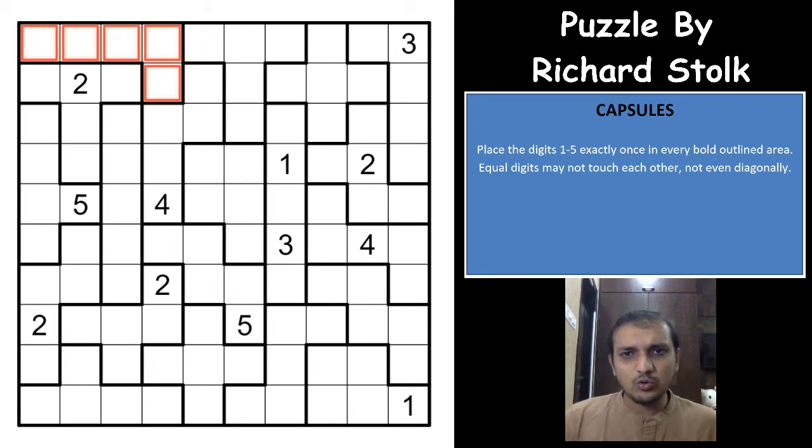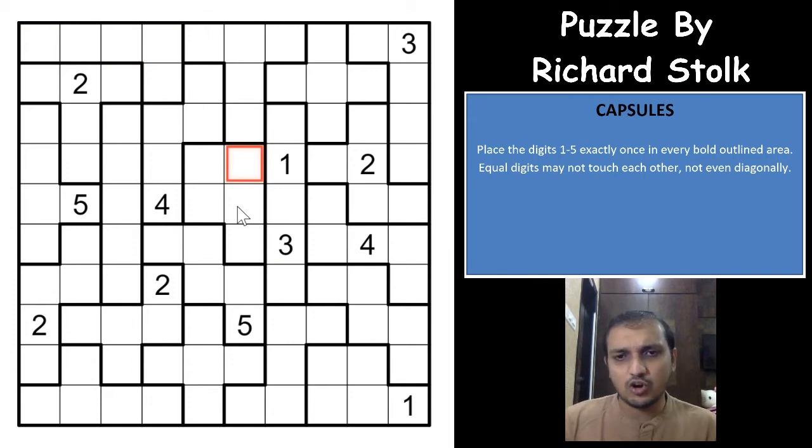So very simple rules. You have to place digits from 1 to 5 in each region, right? Each region is just 5 cells. And each region should have numbers from 1 to 5 in such a way that no numbers in the grid, not only in the regions, but in the grid, no two same digits touch orthogonally or even at the corners diagonally.